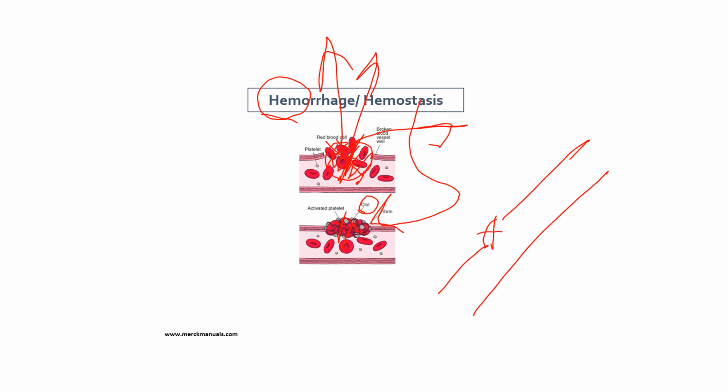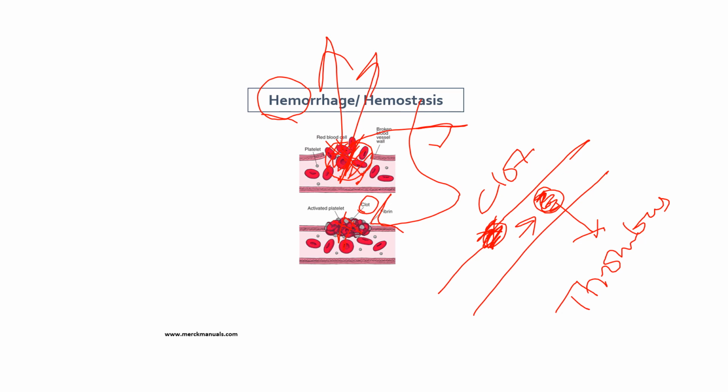If you have a clot at the site of injury, this is physiologic, we call it a clot. But if this clot is formed within the blood vessel and occludes the circulation, we call it a thrombus. So a thrombus is pathologic. A clot could be physiologic or